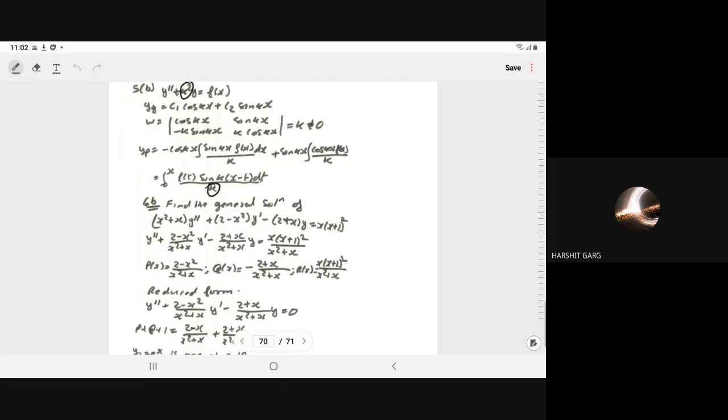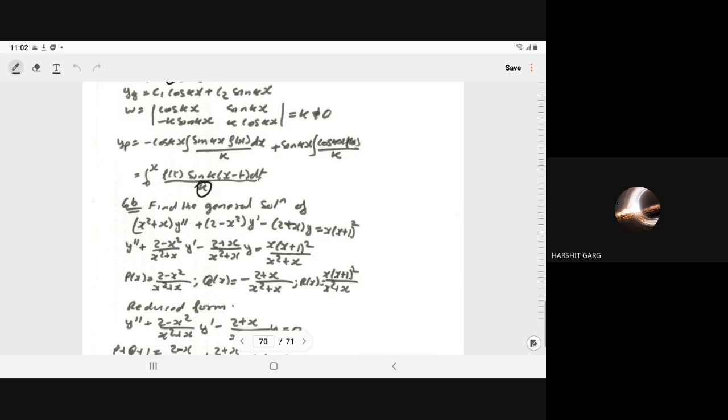So last time we learned the method of variation of parameters, where we solved the second order differential equation. We can solve even higher order differential equations also, but in your course we have only the second order differential equation, where P(x), Q(x) and R(x) are general functions of x. So in continuation of that, we have the next problem.